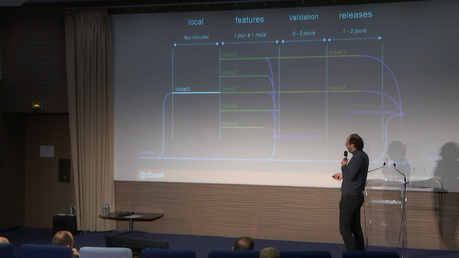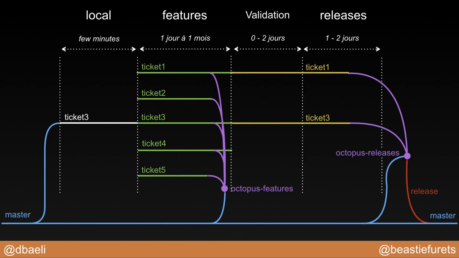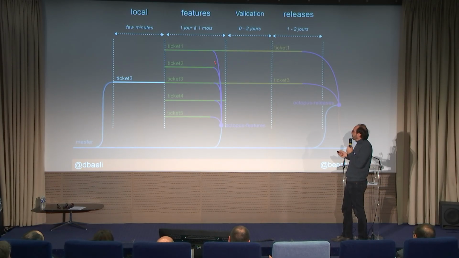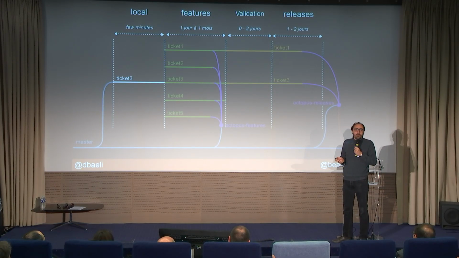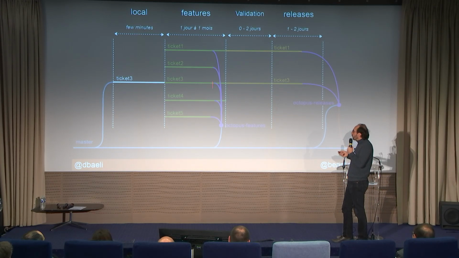So in summary, you have many issues in parallel. We have a continuous merge and testing. If it doesn't merge, there are things that are broken. You have to fix it. And when you have some tickets that are ready, you don't have to know which one will be ready. If it's a small ticket, it will go fast. If it's a ticket that is blocked, because some people need more time to think about it,